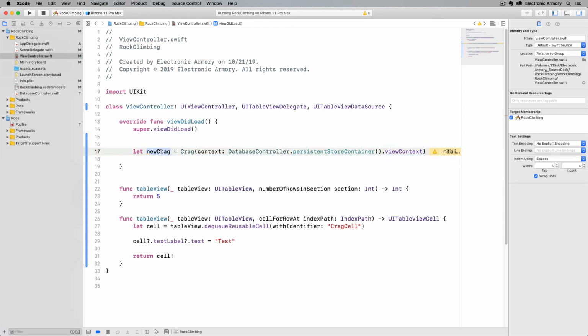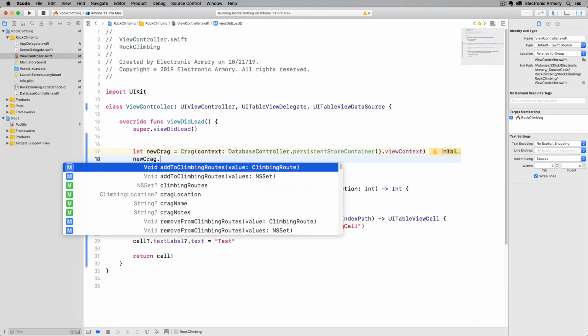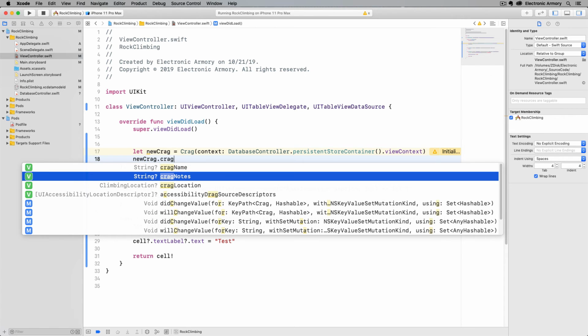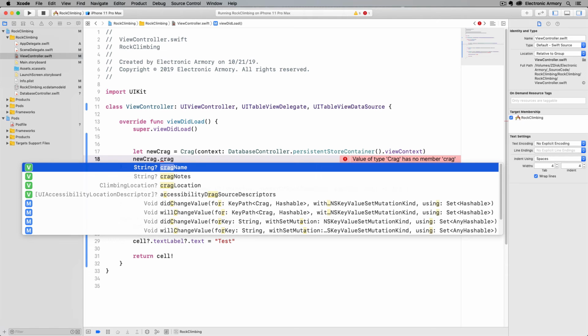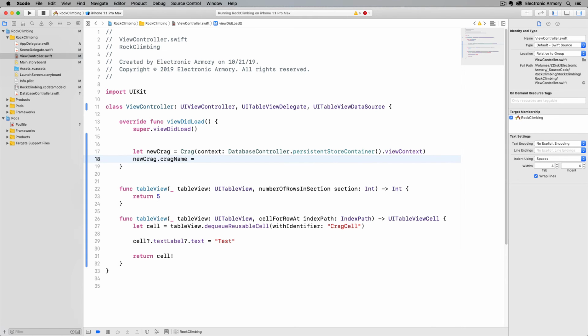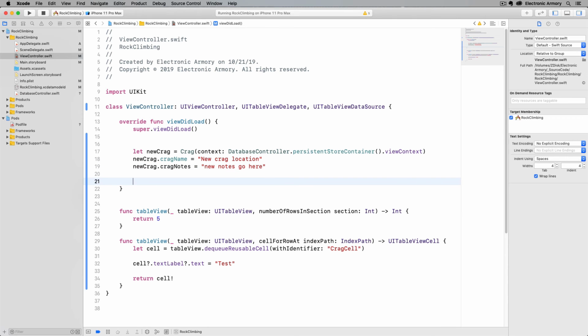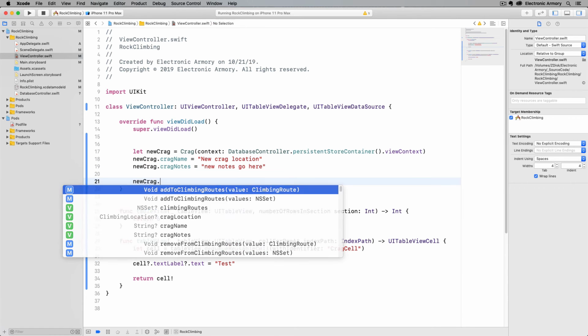All right, so now we have this new Crag variable, and we can just start using it just as if it was a normal class. I'm just going to type in Crag. The reason I did that was because we have Crag name, Crag notes, and Crag location, and those are all going to be variables at the top. So we're going to set Crag location to new Crag location, and then type in Crag again, notes, and these are just going to be some notes here, etc., etc. In order to set up location, new Crag.cragLocation,